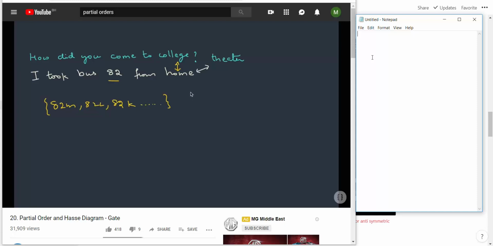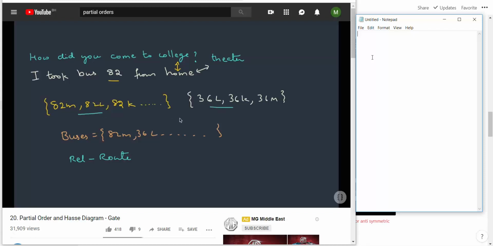Here you might pick up another bus, maybe some 36L or 36K or 36M, right? So if I think of the set of buses, some 82M and 36L and so on, if this is the main set, probably we can define a relation, root, which is an equivalence relation on this set, which partitions the set into subsets where each becomes an equivalence